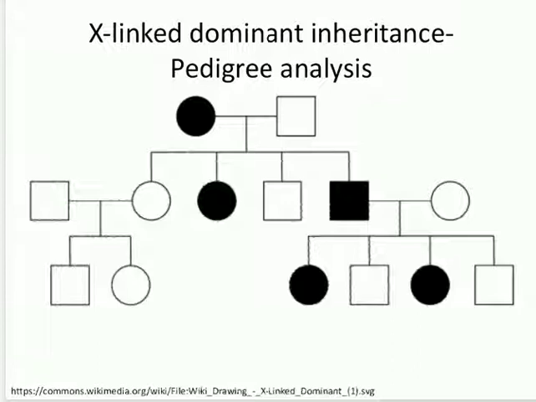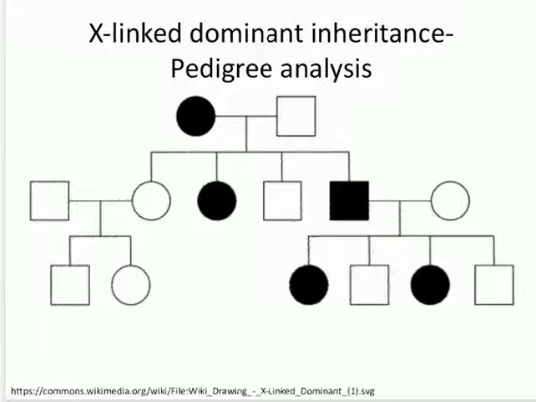So you can see that the first one, there is one affected female. The female can be a homozygote or heterozygote. If the female is homozygote, then in the picture all the children will be affected. But here half of the children are affected and half are not affected. That implies the female is in a heterozygote state. Okay, so this thing you have to know.